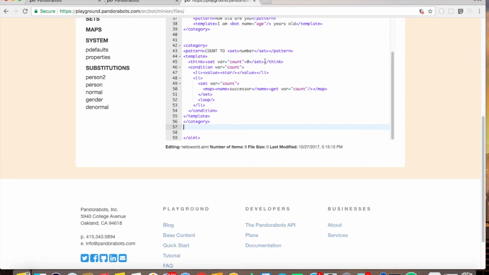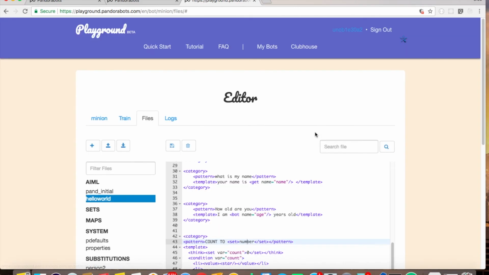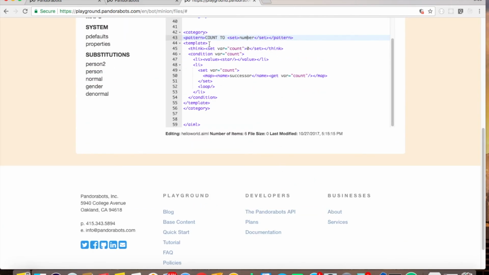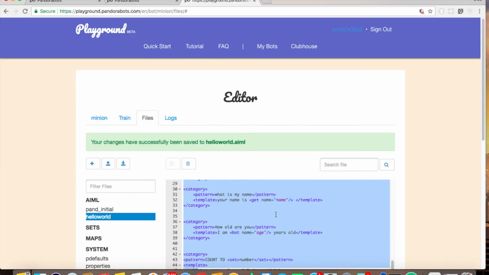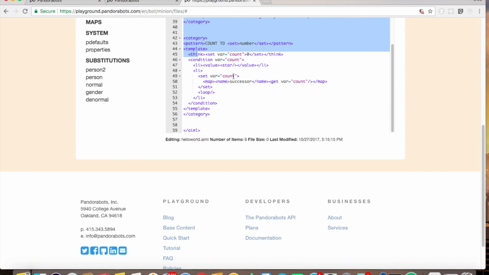Count to 5, 6, 10, something. So what I'm going to do is set a number. It's going to go as a set. So count to this particular number, and then it's going to take a think. Now what is a think? Think is something that can take whatever code it wants and run the code, but it does not display the output to the user. Whatever is inside the think is not shown as output to the user, but the code will run. So it sets the number.